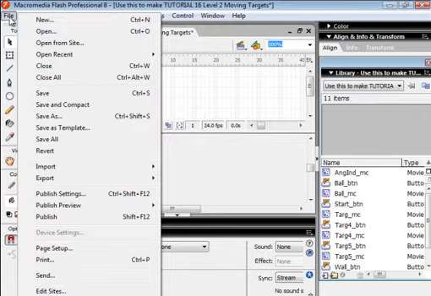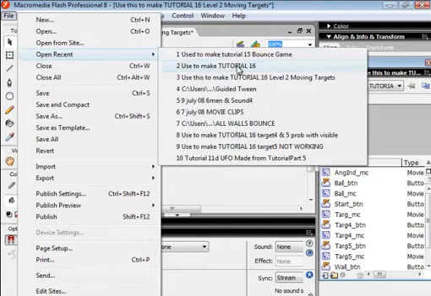Welcome to my tutorial 16. It's titled Level 2 Moving Targets. It's a follow-up to tutorial 15, which was the bounce game. I'm going to start by opening that Flash file,